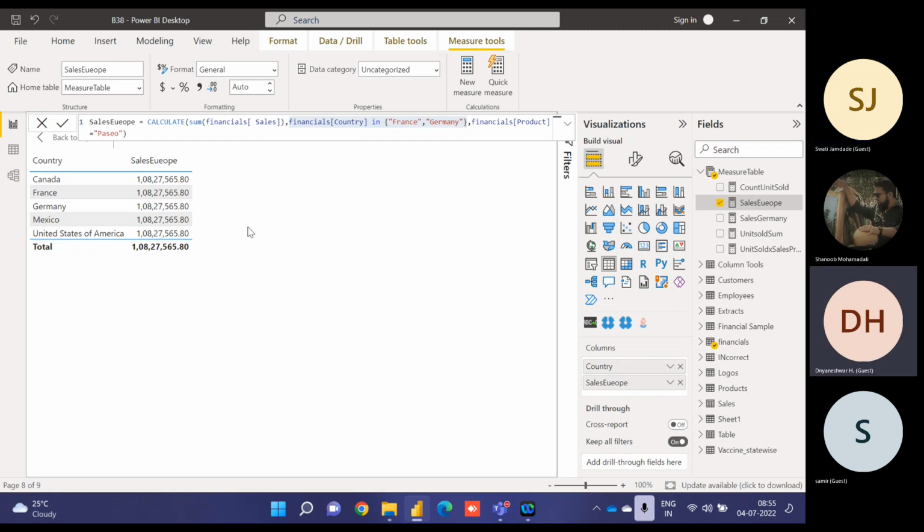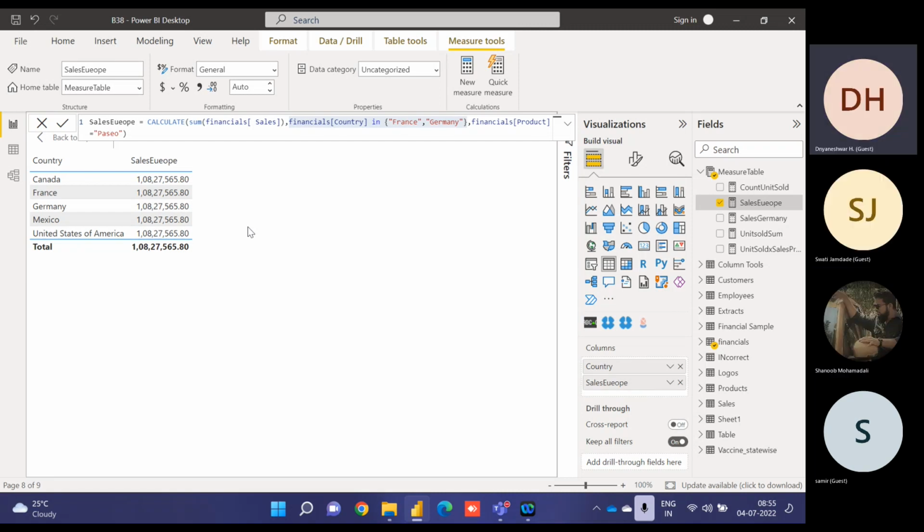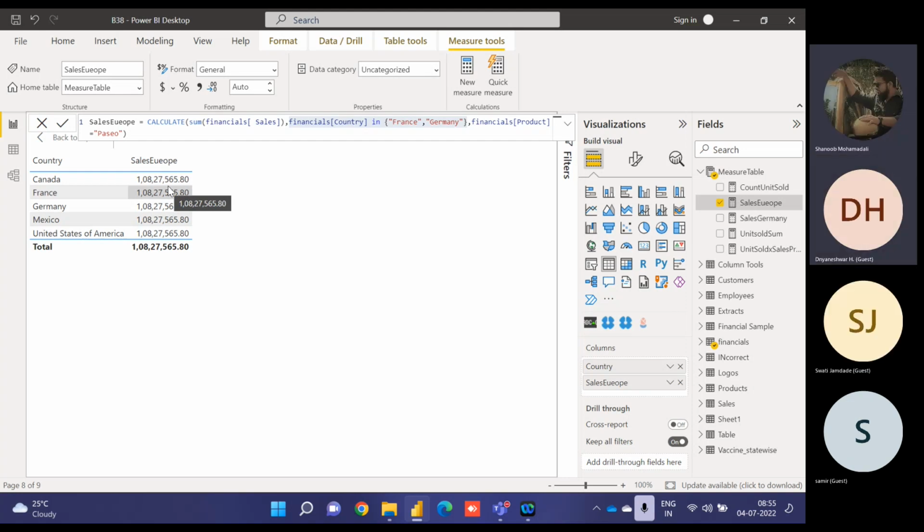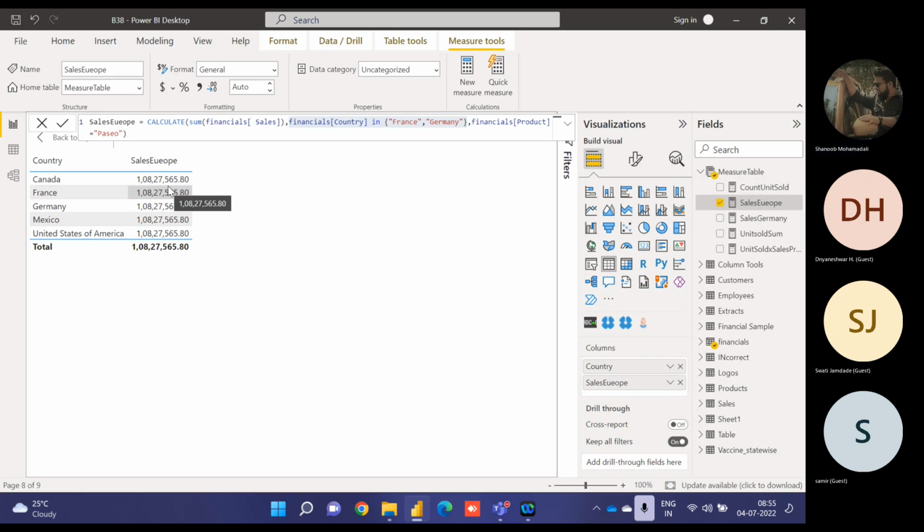सर, रिपोर्ट में जो वैल्यू दिखाई दे रहा है वो फ्रांस और जर्मनी दोनों का ठीक है, बट उसके अगेंस्ट जितनी भी कंट्रीज हैं उनके अगेंस्ट भी वो सेम वैल्यू रिफ्लेक्ट कर रहा है। हाँ, क्योंकि ये डिस्ट्रीब्यूट नहीं होता, वही मैं बता रहा हूँ। कैलकुलेट फंक्शन की प्रॉपर्टी ही वो है कि इट विल नॉट गेट डिस्ट्रीब्यूटेड। वो फिल्टर अफेक्ट करके टोटल तो देगा, बट आप कुछ भी यूज कर लो विजुअल में, वो स्टैटिक रहेगा, इट विल नॉट बी डायनामिक।